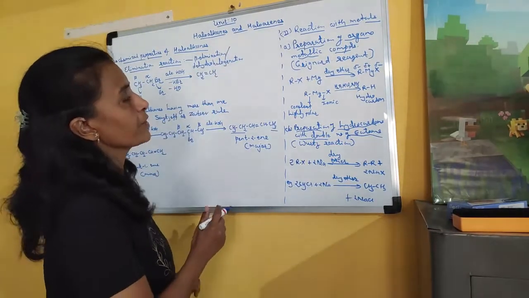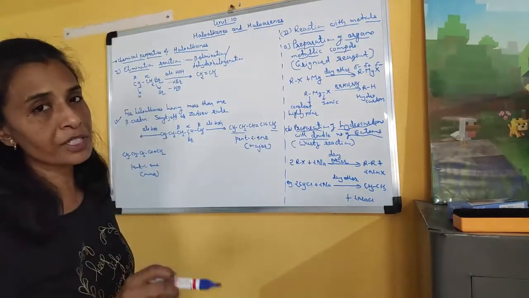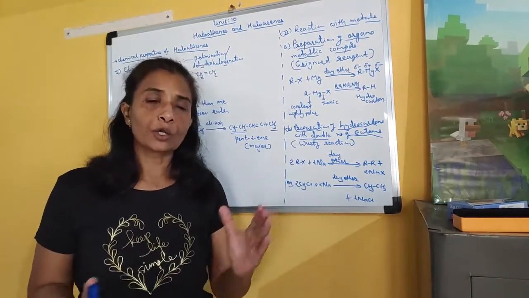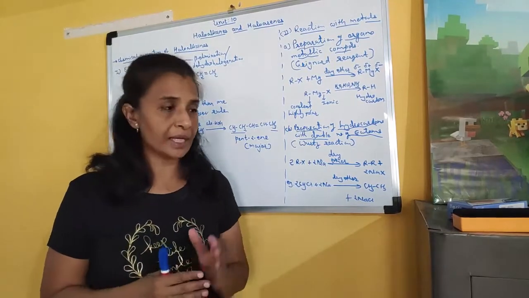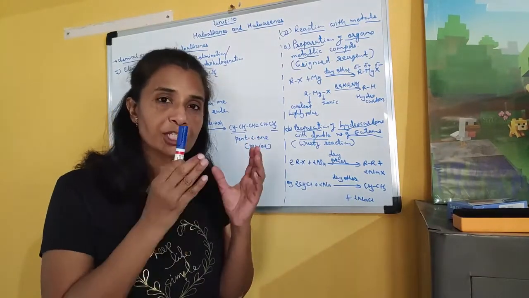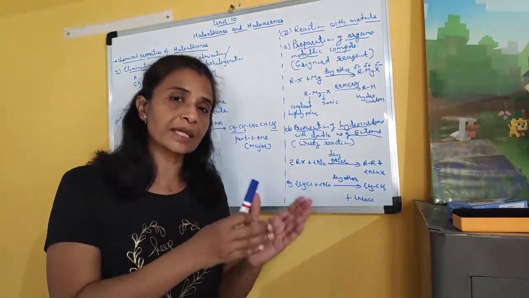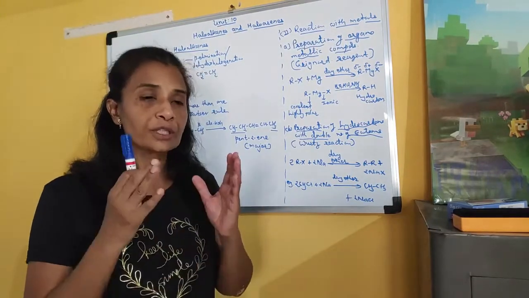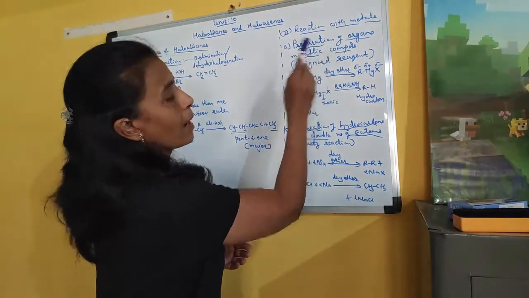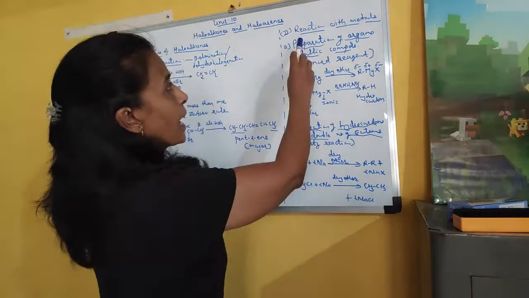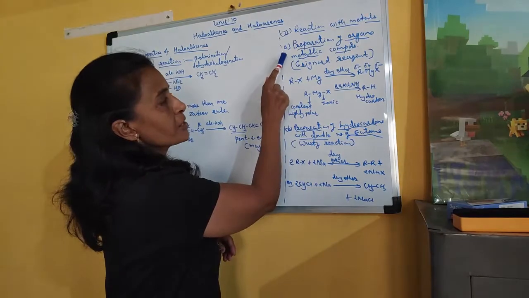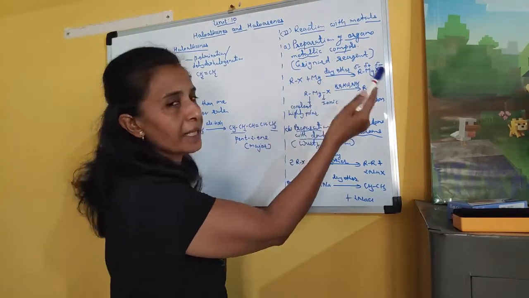Now the second type of reaction that haloalkanes can undergo is the reaction with metals. Majority of chloroalkane, bromoalkane or iodoalkane can react with metal, and the alkyl group present in these haloalkanes can form a bond with the metal. So this type of compounds are known as organometallic compounds. So in reaction with metals, again there are 2 types of reactions. In the first reaction, we are going to prepare organometallic compounds.